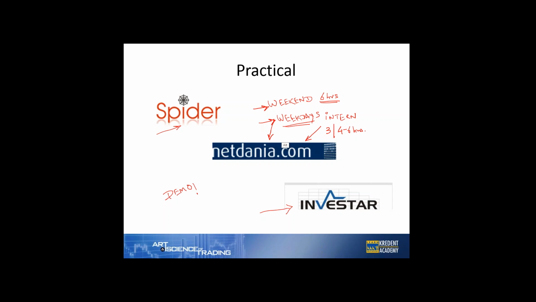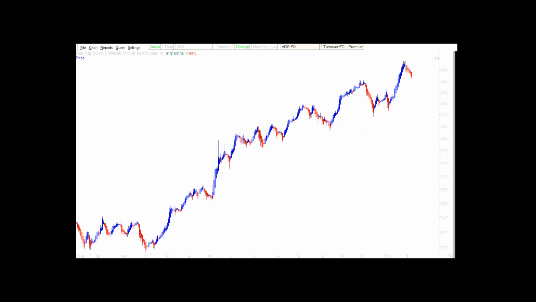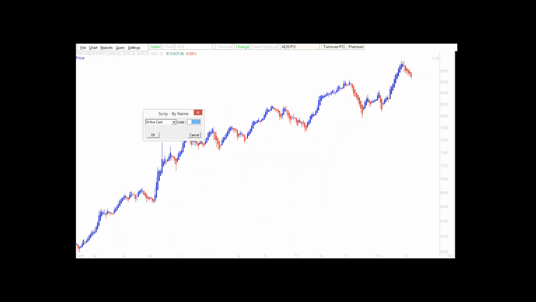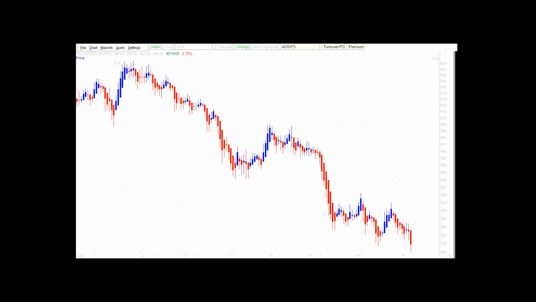So moving into some practical, let me show you. Well, this is the Iris software, the Spider software, and we have the NSE Nifty chart. As I said, let's open some random stocks and look. Let's try and look at a few of the things that we've learned. Let's say I open the chart of Tata Steel. Now you see that Tata Steel is in a severe downtrend for quite some time. And if you've been using Heikin-Ashi, as I said, in Heikin-Ashi, the places where you don't see any upper wicks are the strong downtrends. The moment you tend to see wicks on the up or the downside, that is when you trail your stop losses.